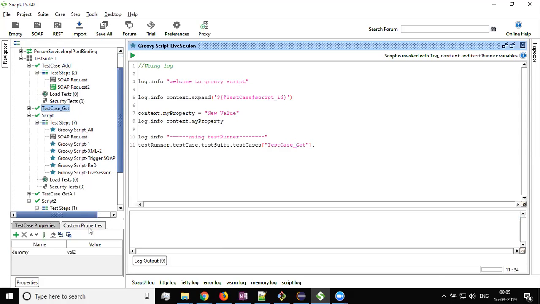From this I'll say custom. There is an attribute called dummy. I'll say get property, and in the bracket I have to specify what, DUMMY. So what I have done is, from the test runner attribute which is provided to me in this Groovy script editor here,